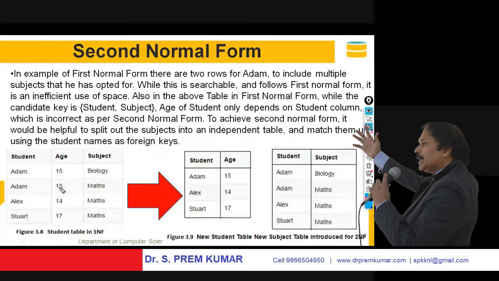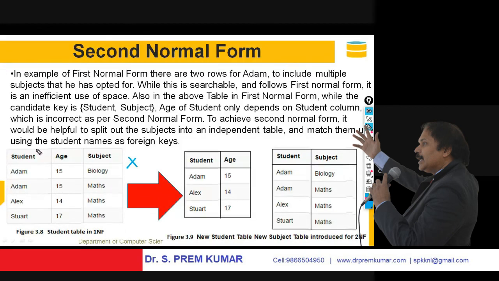You observe here, suppose Adam has taken 4 subjects anukundam. Adam వచ్చినప్పుడల్లా 15 వస్తుంది because Adam age is 15. This is wrong table designing. ఇది wrong. ఇట్లా ఉందనుకోండి, చూడటానికి బాగానే ఉంది. Adam 15 years బయాలజీ సబ్జెక్ట్ తీసుకుంటున్నాడు. Adam 15 years మ్యాథమెటిక్స్ సబ్జెక్ట్ తీసుకుంటున్నాడు. ఎలెక్స్ 14 years మ్యాథమెటిక్స్ తీసుకుంటాడు. స్ట్రట్ 17 years మ్యాథమెటిక్స్ తీసుకుంటాడు. చూడటానికి బానే ఉంది, కానీ తప్పు. ఎందుకు తప్పు అంటే